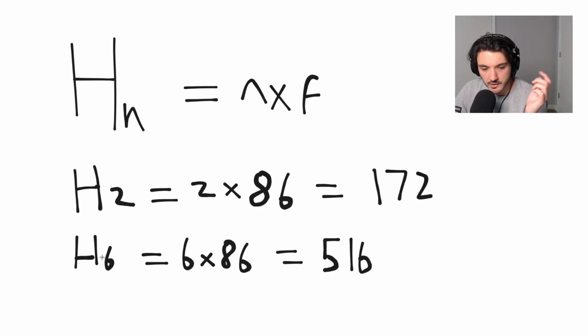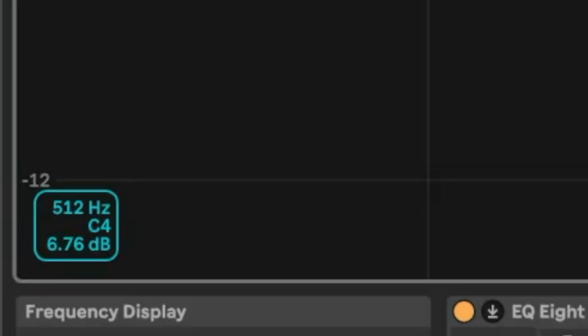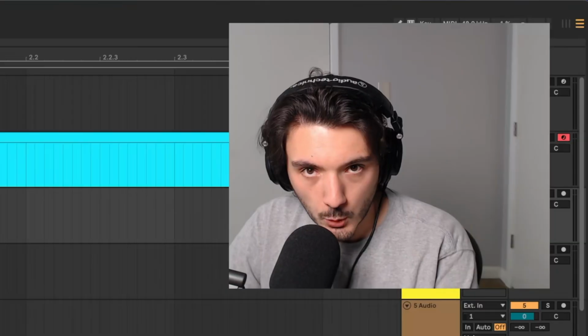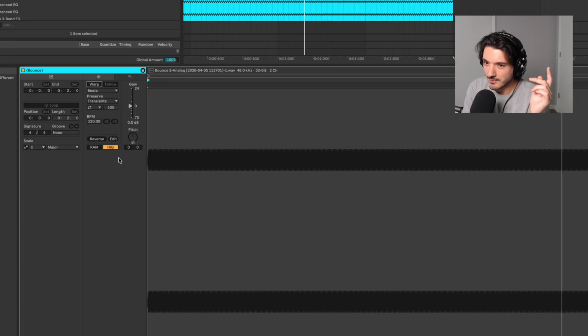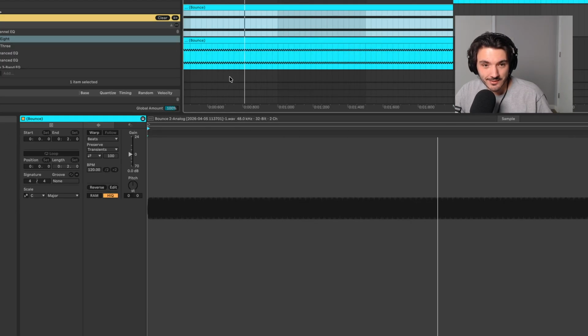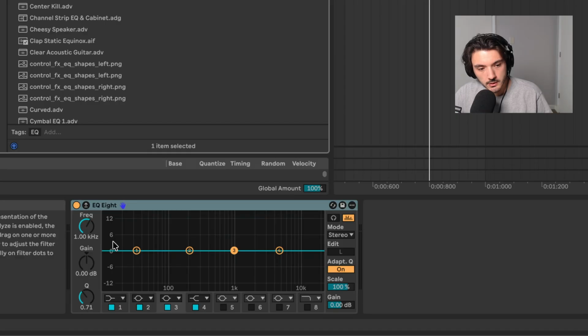I can then grab that and use that to modulate, but I think I'm going to try and find one a little bit higher. I want to get, let's say, the sixth harmonic. So the sixth harmonic is about 516. 516 seems to be about C4. So I'll record a C4. Boom. Right, here's our sixth harmonic. Well, it sounds nice together, doesn't it? And that gives us this very pretty